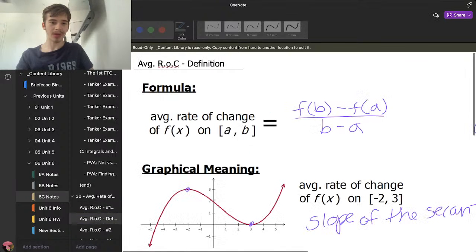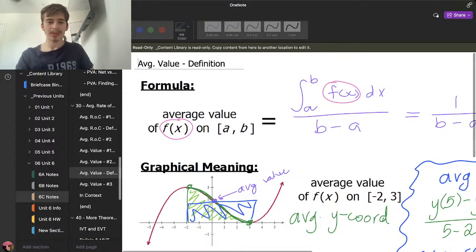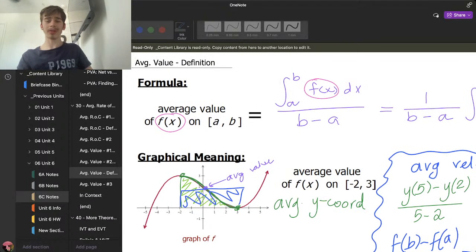PVA finding, easy. Just look at the graphs. Rate of change. Okay, this is actually important. We're getting to the theorems. The average value of f of x on a closed interval is the integral from a to b of f of x dx divided by